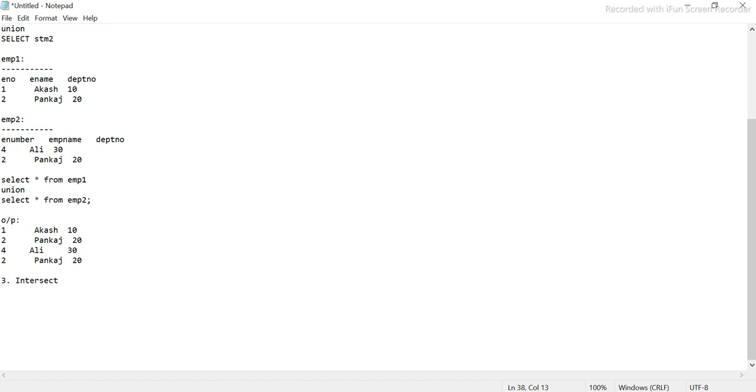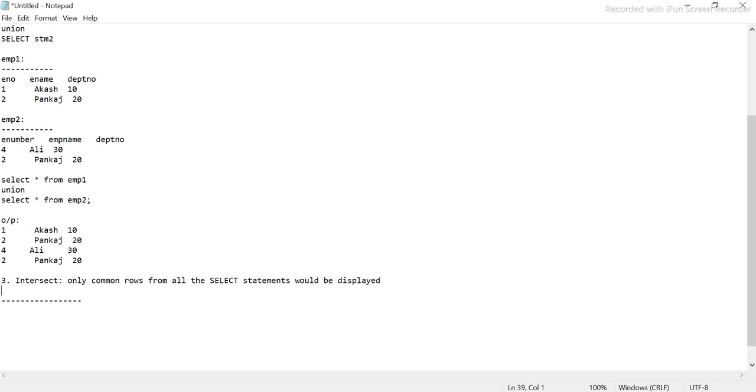What it means is that only the common rows from all the select statements would be displayed.